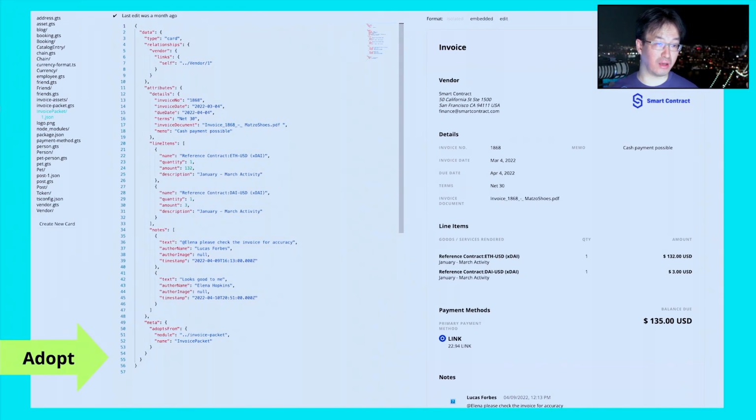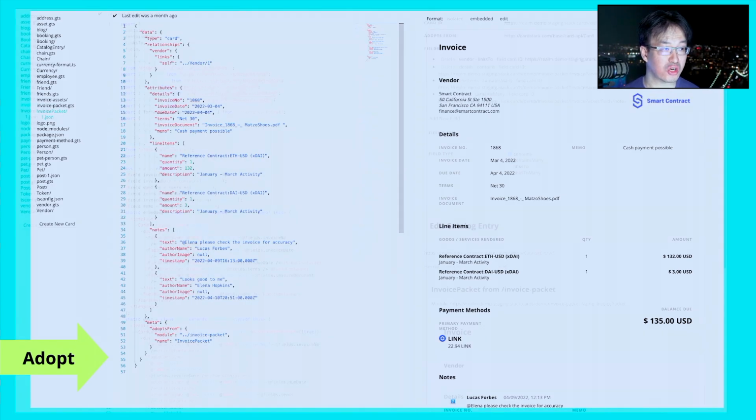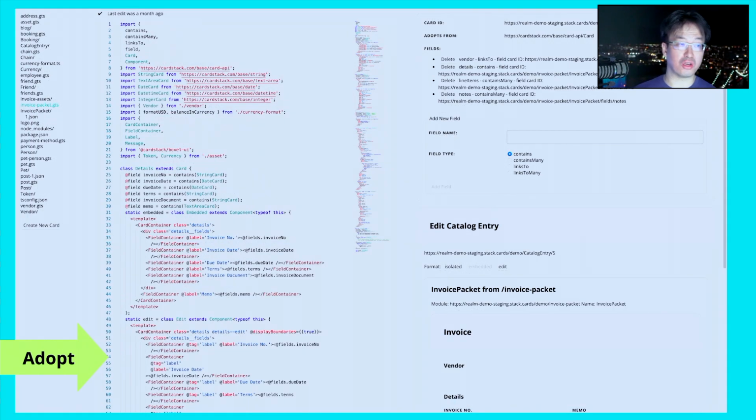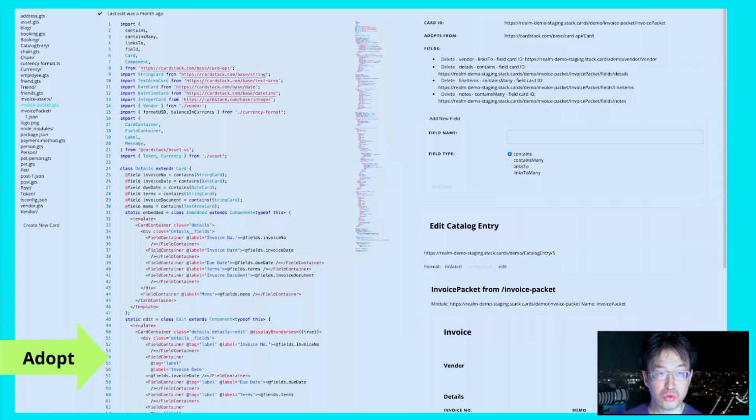This is actually a real-life rendering from our internal tools called Builder mode. So this is the mode where we're testing the different concepts of employees, currencies, bookings, invoices, and stuff like that. This is open source on our GitHub. And what's cool about this is that when you're using this invoice, all you're typing is the data. But if you want to add a field, you can actually go and load the underlying code that generates that thing in the same environment, without having to get a development environment going. You can just use that tool and see all that information.